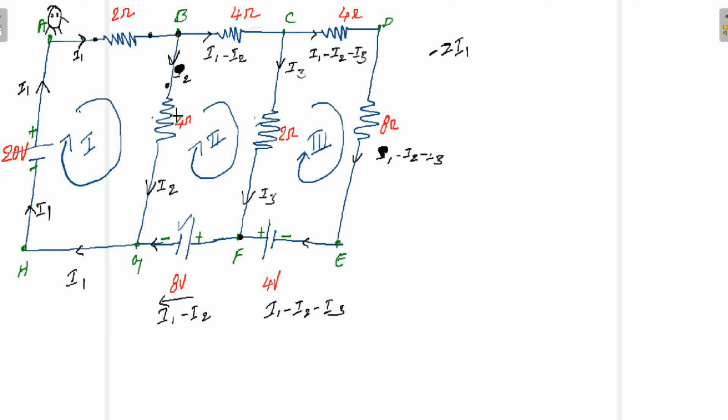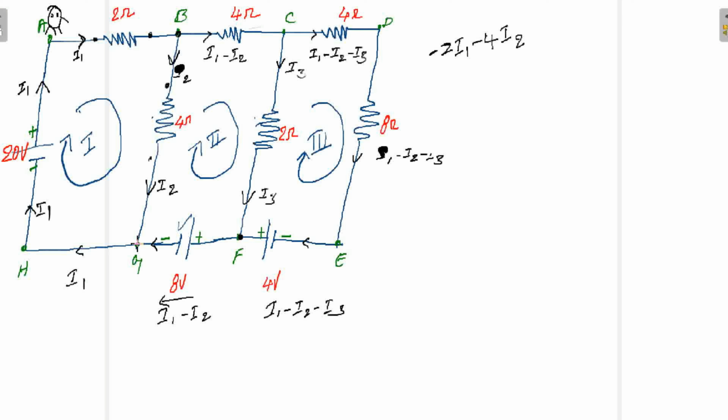So because of this resistor there is a voltage drop. That voltage drop is equal to, voltage is nothing but current. How much current is flowing through that resistor gives you the voltage drop. The current flowing through this resistor is I2 and the resistance value is 4, then the voltage value is 4 into I2. Whether a voltage drop takes place or voltage rises, here the voltage drops. So this voltage drop is indicated with minus 4 into I2.